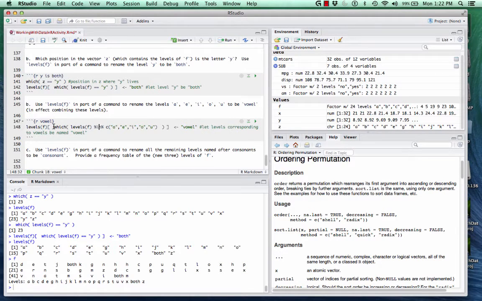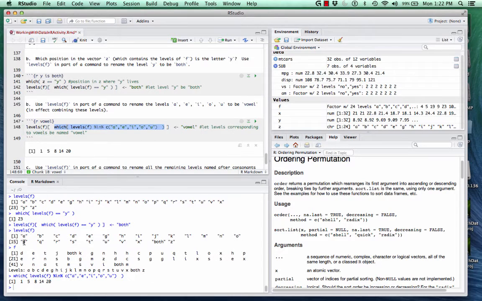So notice if I say which levels of F percentage in this vector here, I'm going to get a list of numbers out corresponding to the positions inside that levels vector that meet the condition I specified. So the first level is a vowel. Yes, it is. The fifth level is a vowel. Yep, that is. E, the eighth level, etc. So if I run this line now,